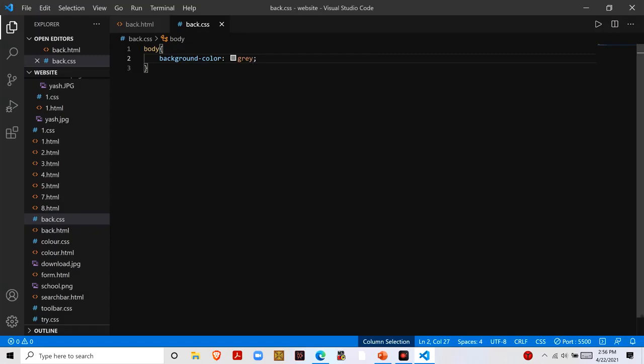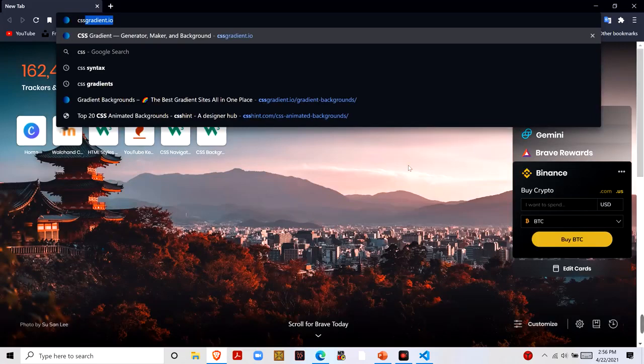Then you can also take some awesome color gradients. I will show it to you. Go to your browser and type CSS gradient.